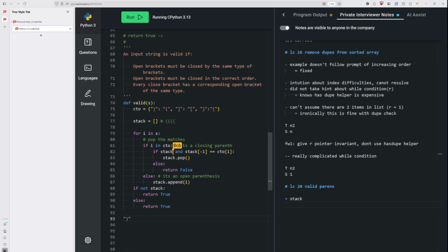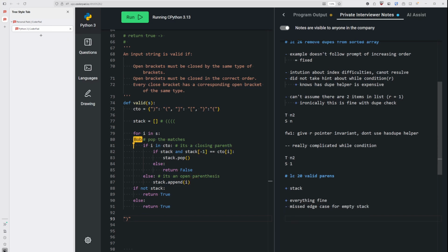We check, so this wouldn't run if our stack is not empty. So right now our stack is empty. So else, we just stack append. So this would just run as if our i's and our brackets, which it is, and then this would be our else condition here. It would just return false because